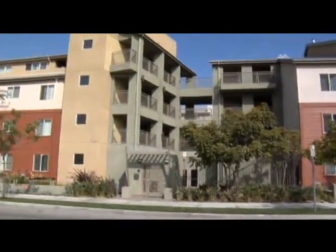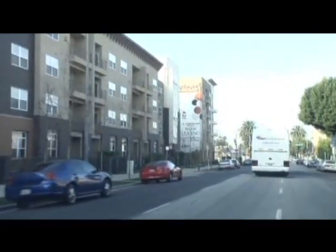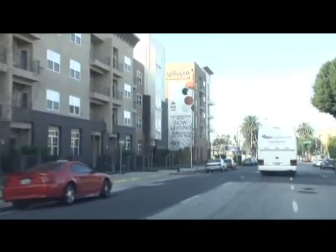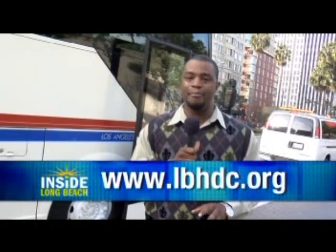Rental properties, home ownership, senior housing, housing for the youth. You name it, we saw it. A full spectrum of affordable housing options supported and funded by the Long Beach Housing Development Company. And as you saw, these are not just in one section of our city, but all over, making sure everyone in our community has access to safe, affordable housing, which is, after all, the mission of the LBHDC. To get a full and detailed list of all the properties, visit